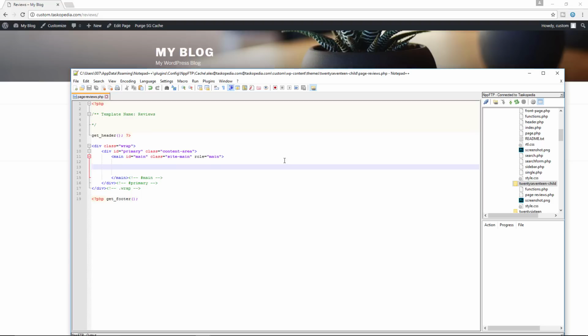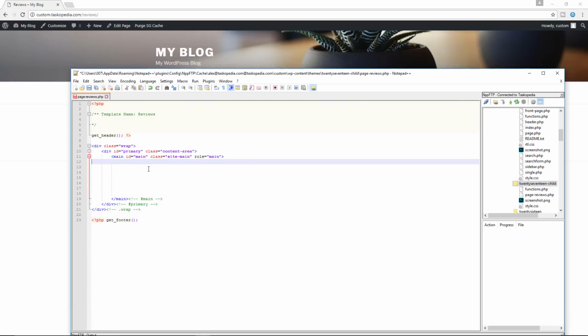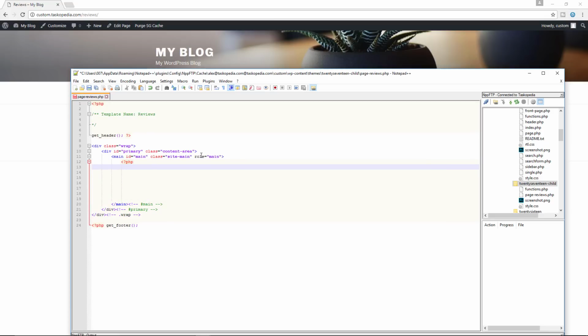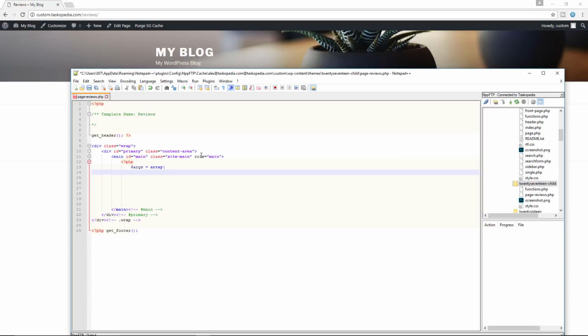This is going to be a little bit tricky, especially if you don't have any PHP experience, but just bear with me. I think we can do this together. Let me create some space. Okay, here it goes. Just underneath where we have main, class, role, all that stuff, I am going to open up my new PHP syntax once again. Press enter, use the tab. Now I am going to say args equals array, open up the bracket. Let's now say post type, and this is going to be equal to